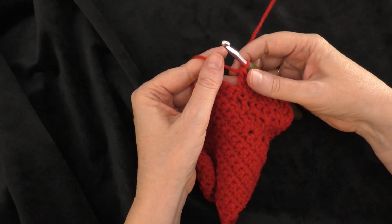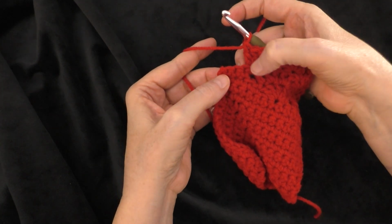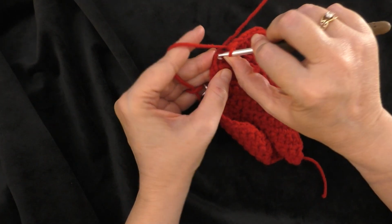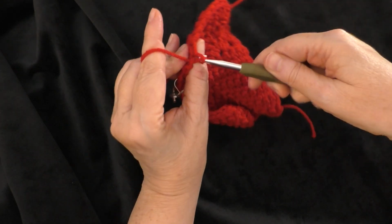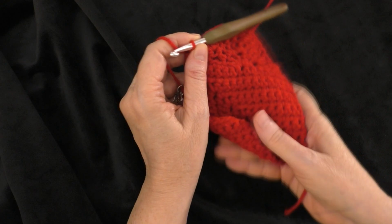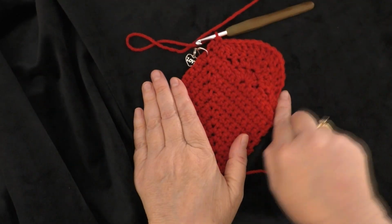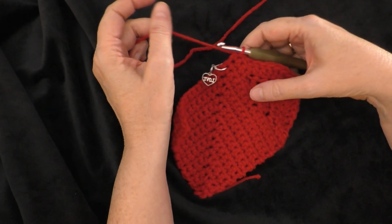And then we're going to skip the next 2 stitches and slip stitch in the last stitch. So skip the next 2 stitches, 1 and 2, and in the last stitch of that row, the previous row, we are going to do a slip stitch to finish off. So there is our first lobe of our heart, and so now we are going to fasten off